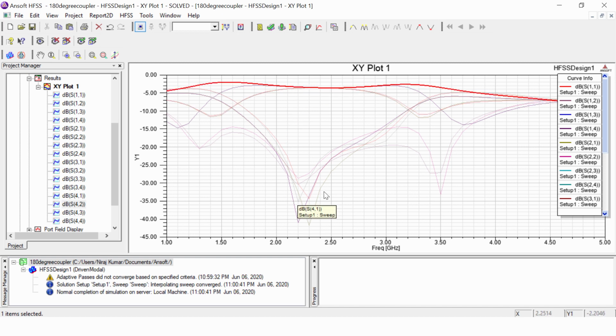Using these S parameter values and their phase, we can find the S matrix of the 180 degree hybrid coupler, and we can validate it with the S matrix from our 180 degree even and odd mode analysis, and we can find that the values are approximately the same.